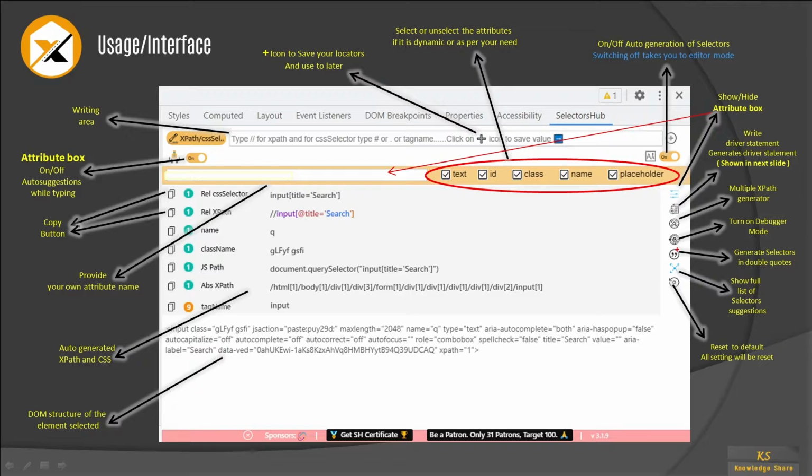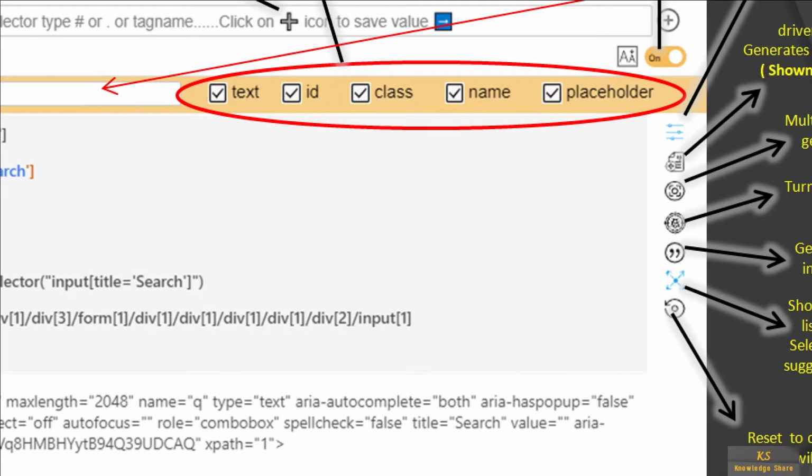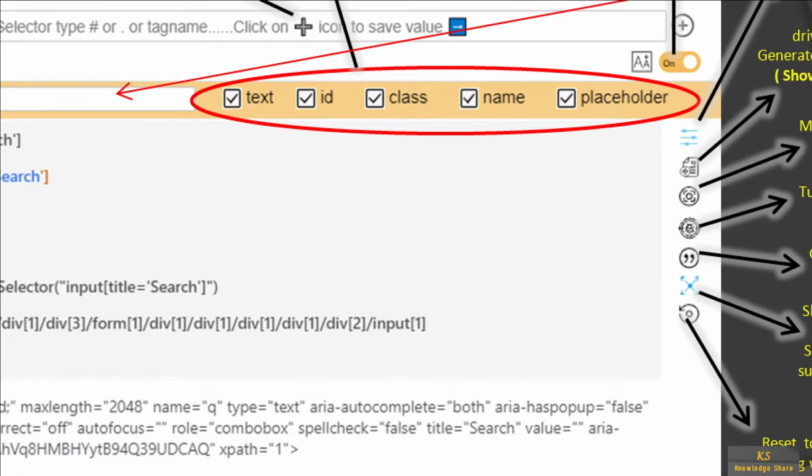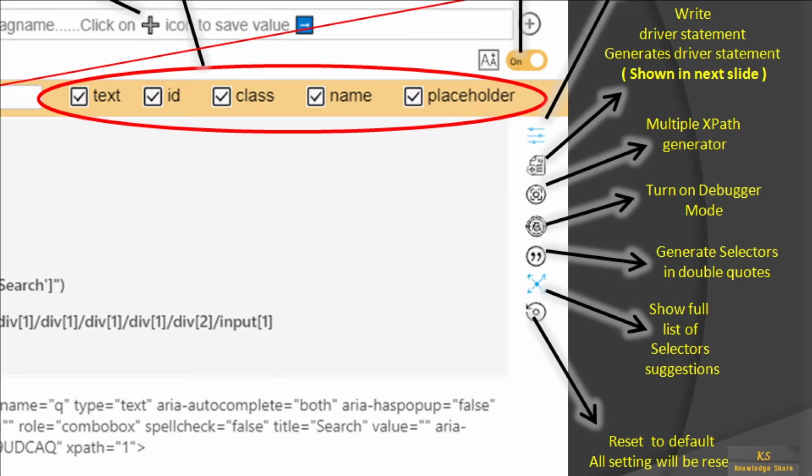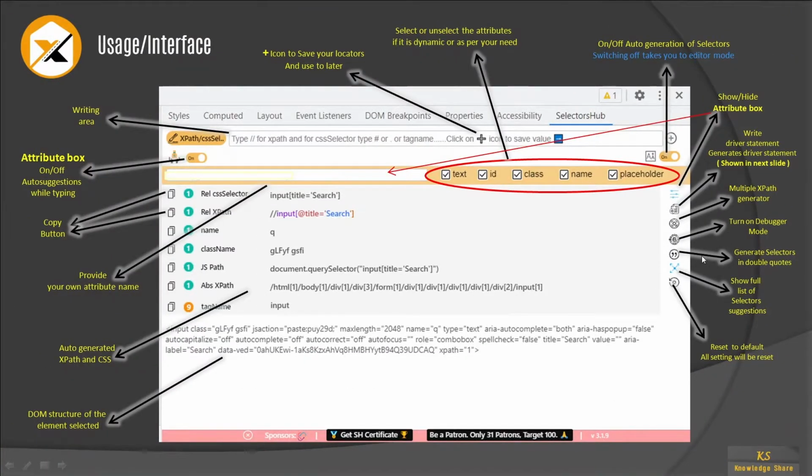Okay. And the next one is generate selectors in double quotes. Okay, there are some programming tools where they use double quotes in their paths. So in order to facilitate that, they have given some facility to include these double quotes in the paths generated. So if you see here, there is single quote in the search, right? If you click on this, it will generate in the double quote.